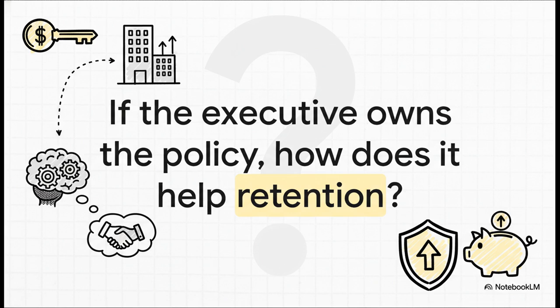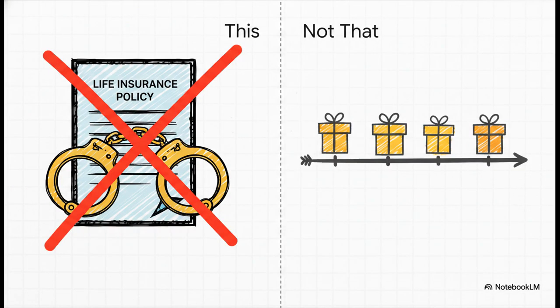It's a fair question, and the answer is actually really elegant. The retention power doesn't come from restricting ownership. You're not holding the policy hostage, not at all. The real power comes from the promise of future bonuses. The plan is usually set up so the company agrees to pay these bonuses every year for, say, 5 or 10 years. The incentive to stay is to keep getting that funding, to keep building up this awesome personal asset